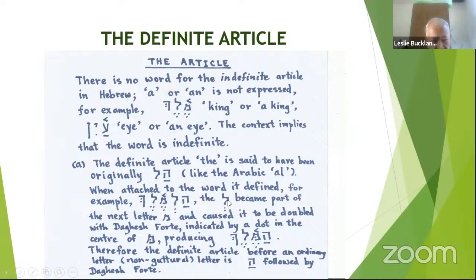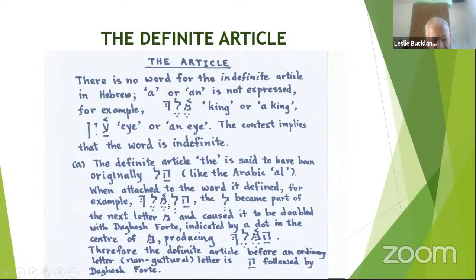When you have the vowelless lameth coming between the consonant he and the first consonant of the noun melech, the consonant mem, what happens is that the lameth becomes part of mem. It is said to be assimilated into mem or absorbed into mem, so that you don't see it,